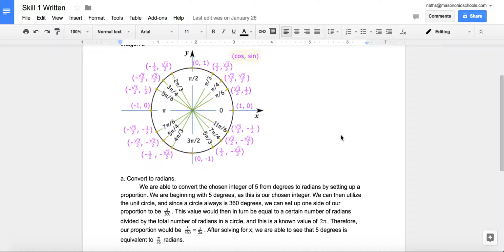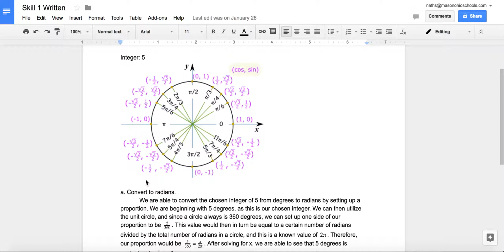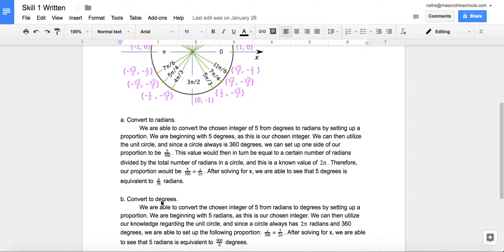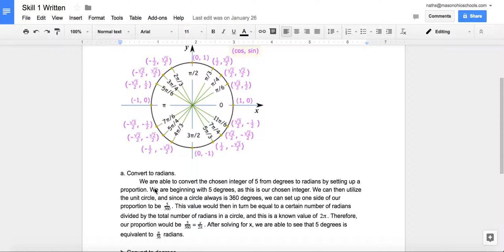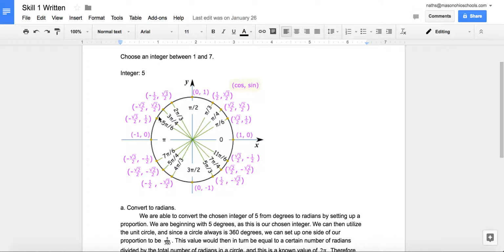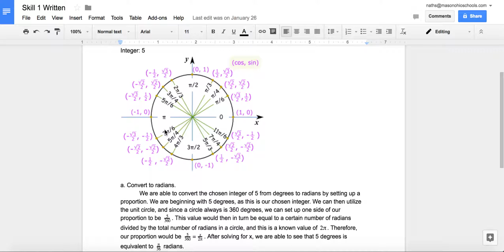So basically, the goal was to convert from degrees to radians and then convert from radians to degrees, and my chosen integer was 5. So the first thing I looked at was how I could convert from these degrees to